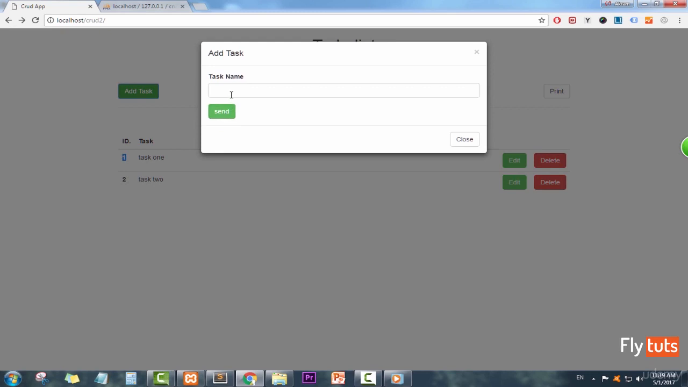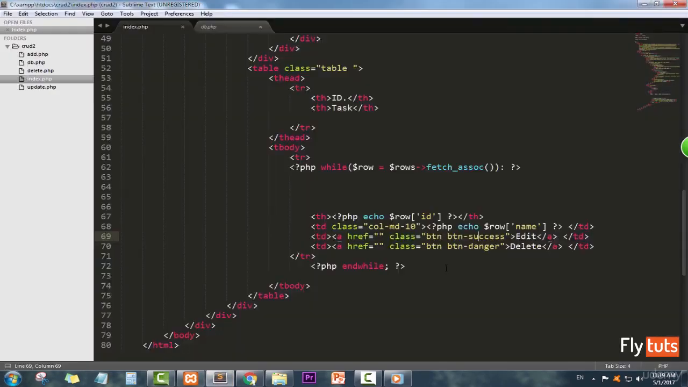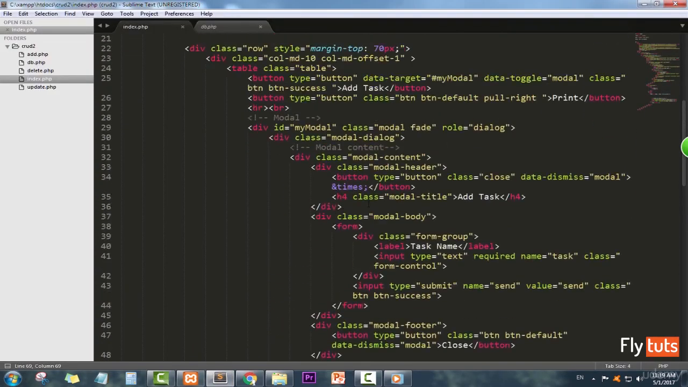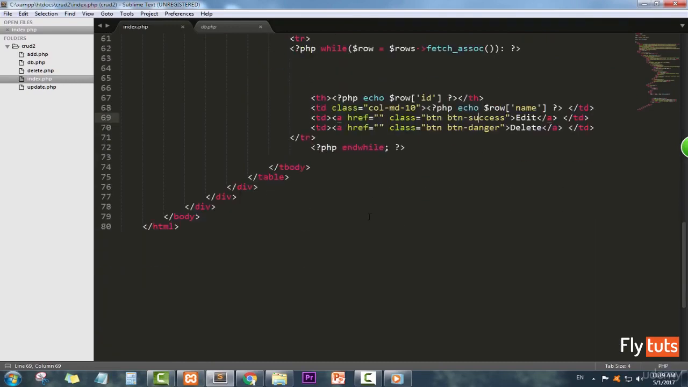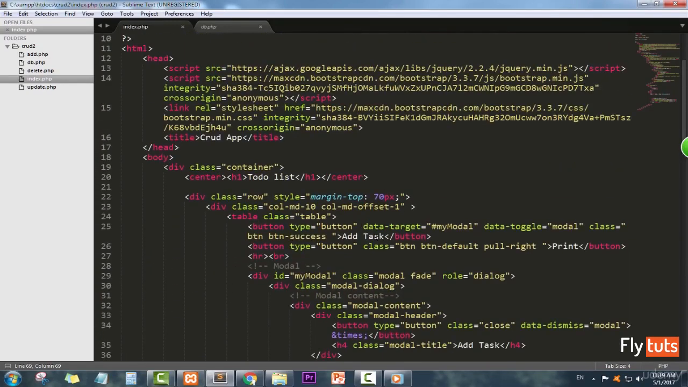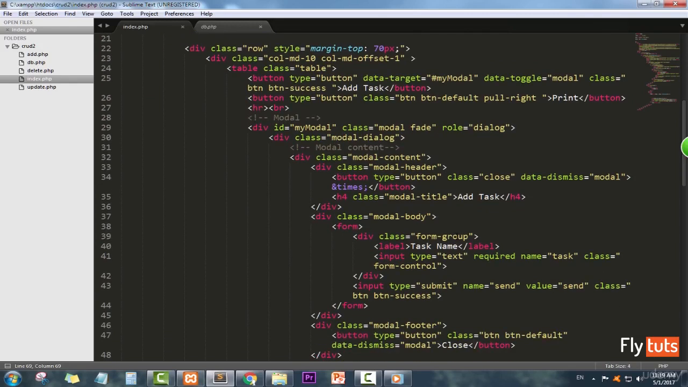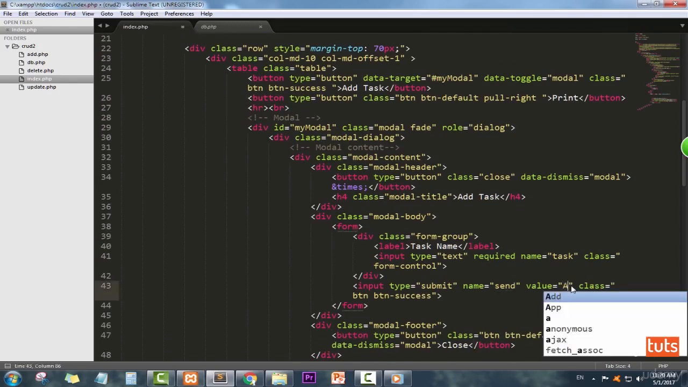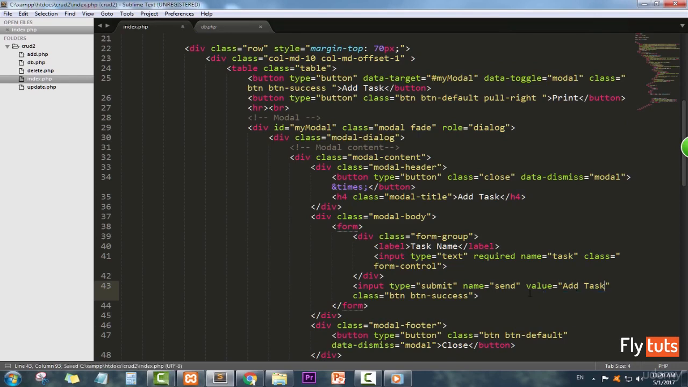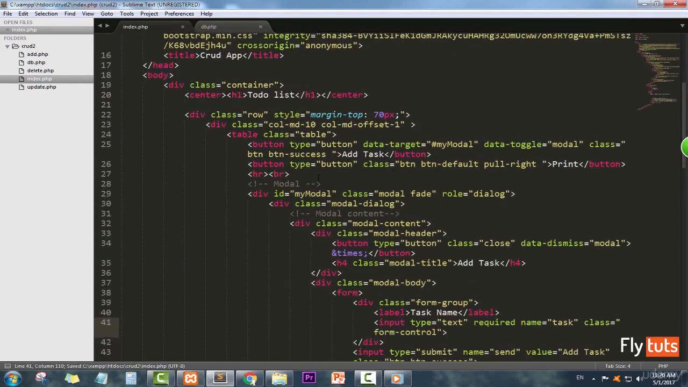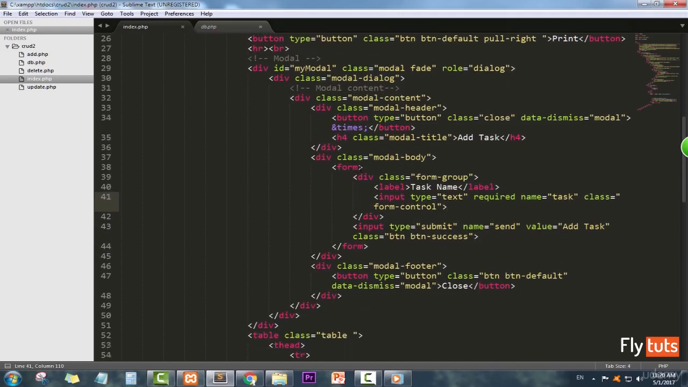Anyway, now we wanna add tasks here. This should be add, not send. So let's change that one to add task. Instead of send, we'll say add task. So now this is our form. To send the form, we need a method of post. We're gonna post the data in the database. And the action will be